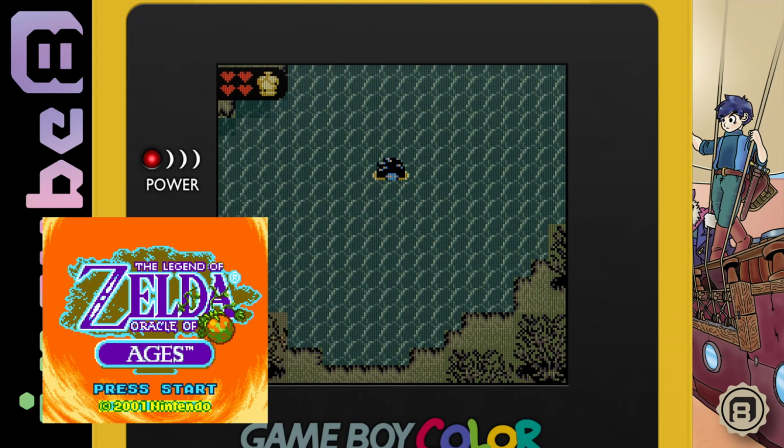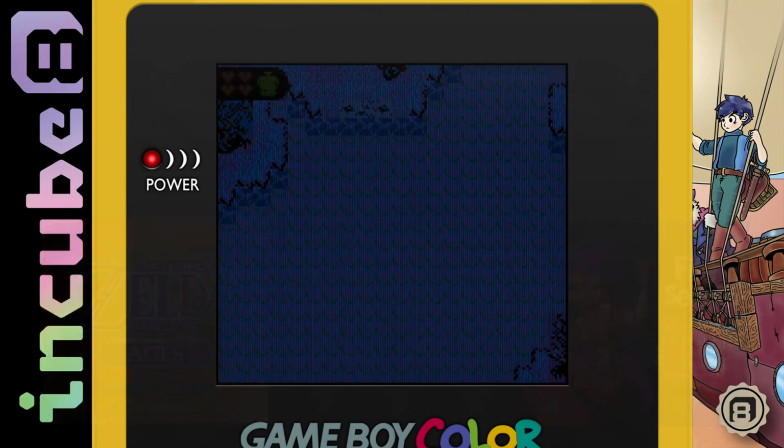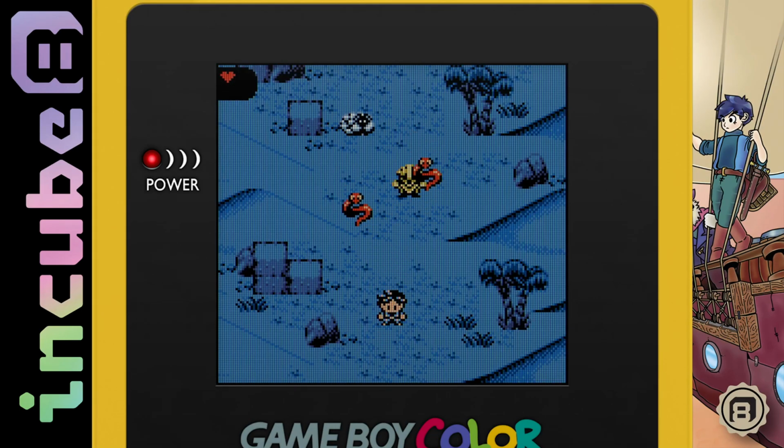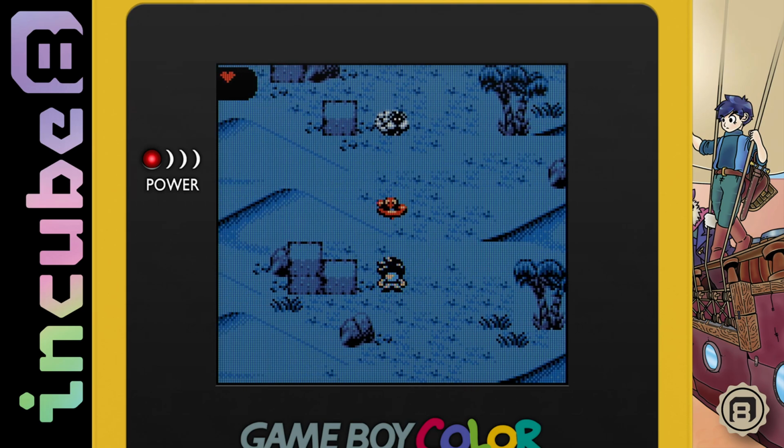Legend of Zelda Oracle of Ages or Shantae. There's no slowdown, no graphical glitches, and the way they use the limited color palette is nothing short of impressive. It's the kind of game that makes you want to just stop and admire the scenery even as enemies are